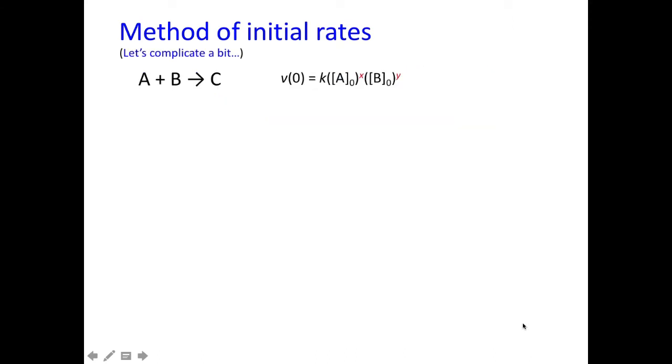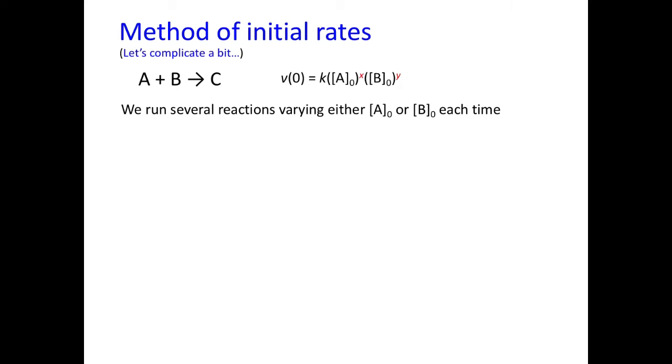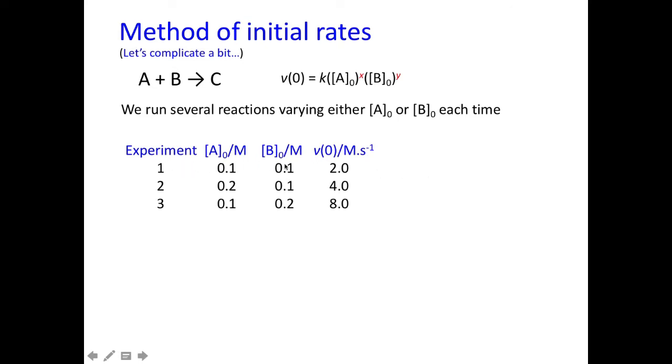Now let's complicate it a little bit. Let's use 2 reagents, A and B. In this case, our rate law is going to be a bit more complicated, where x and y are the orders of reaction with respect to reagents A and B, respectively. Now we run several reactions varying either the concentration of A or the concentration of B each time. So in the first experiment, I have my parameters of concentration of A, concentration of B, and I measure the initial rate